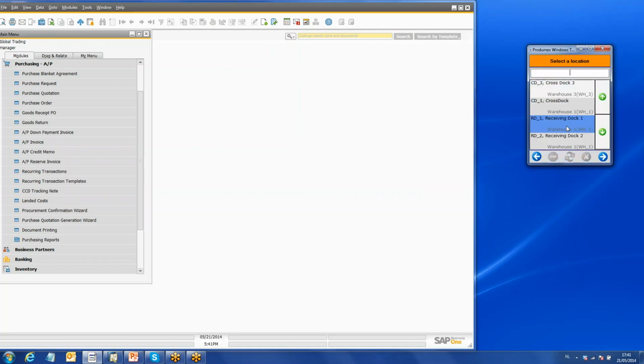And again, if I go through reception, I indicate that this is the receiving dock where I will receive the goods. I go again through the order, and I see here the order that I have just placed. Again, it is just one pallet with crates, so no identical logistic units. I'm going to receive this on a Euro pallet. Again, it knows this is a product that was ordered in this purchase order. It knows that it is a batch number managed product, that it has a best-before date, and that for this product the country of origin should